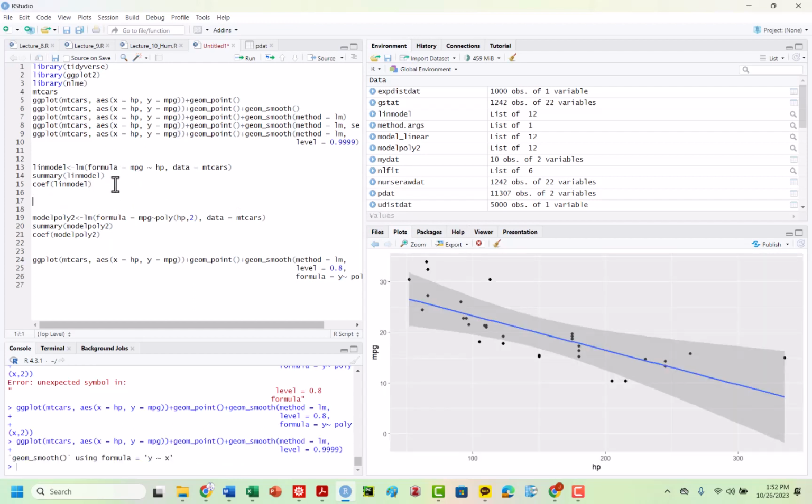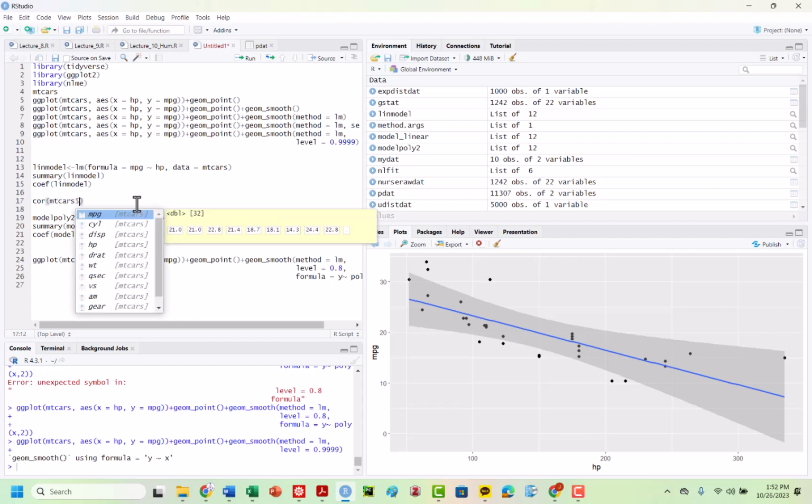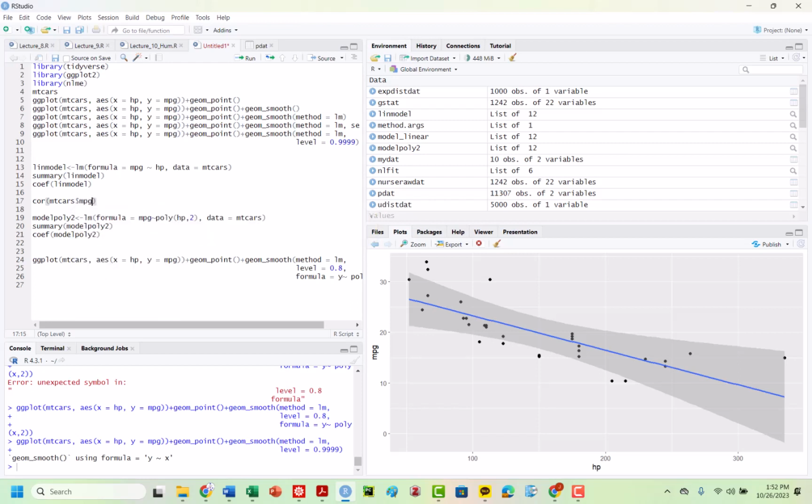And if we wanted to, we could actually calculate core, and then we can specify some of our values here. So we can do the correlation of our variables. So if we take our data mtcars and we include, let's correlate MPG. Actually, let's do X and Y. So let's do HP, and mtcars include,